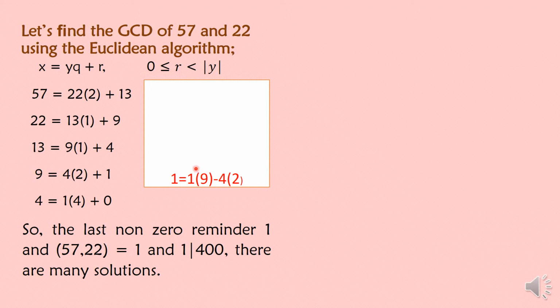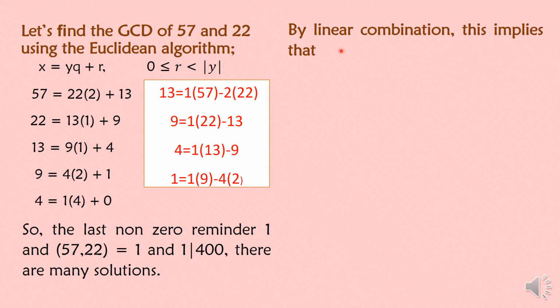So next is our next 4. Next remainder is 4. So 4 is equal to 1 times 13 minus 9. Okay, next remainder is 9, which is equal to 22 minus 13, and so on and so forth. So 13 is equal to 57 minus 2 times 22. Next we're going to have our linear combination. So this implies that